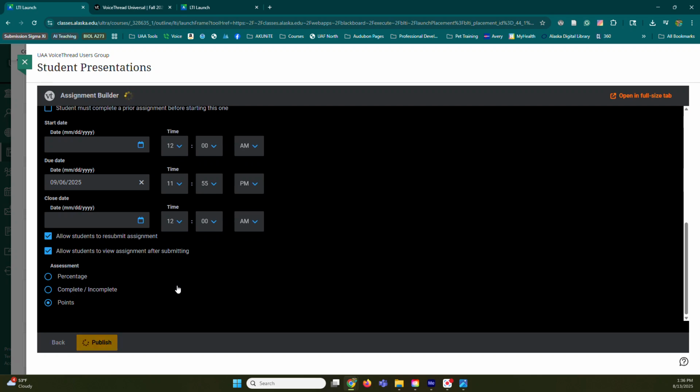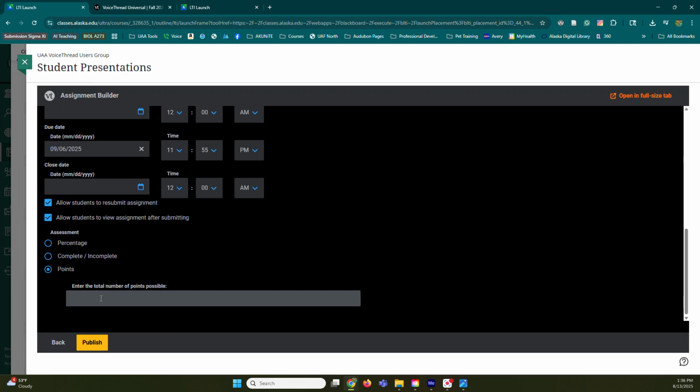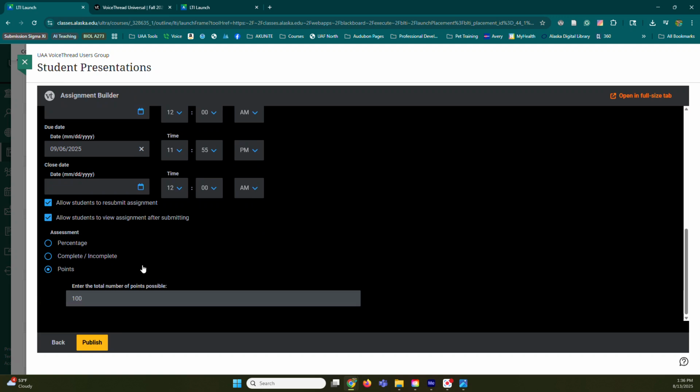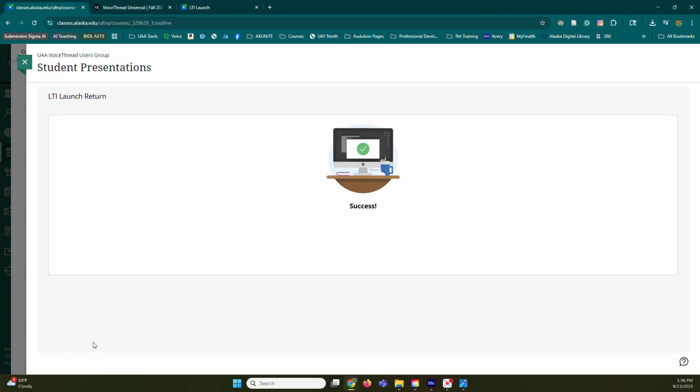I'm a points person, and so I'm going to make it match what I put in Blackboard, and it sometimes does that where you see where it clicked up to the, anyway. I do want them to be able to view their assignment after they submit it, so I keep that checked as well. And then you choose Publish. Okay,